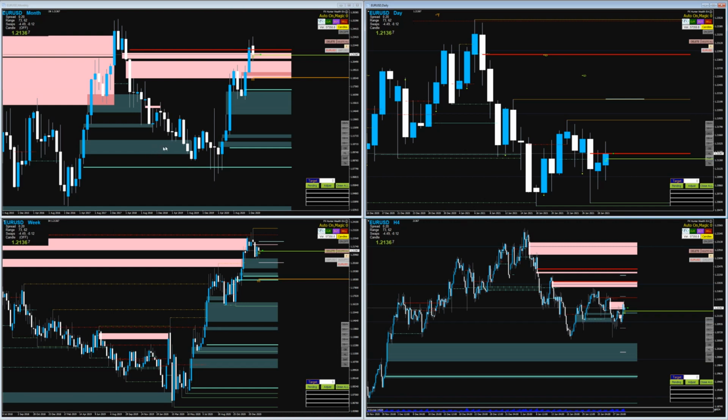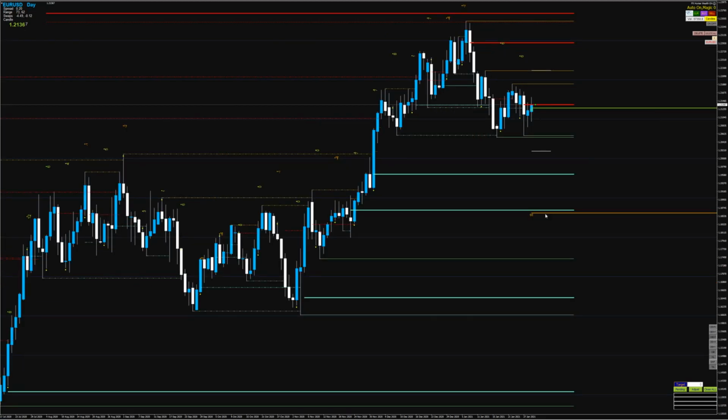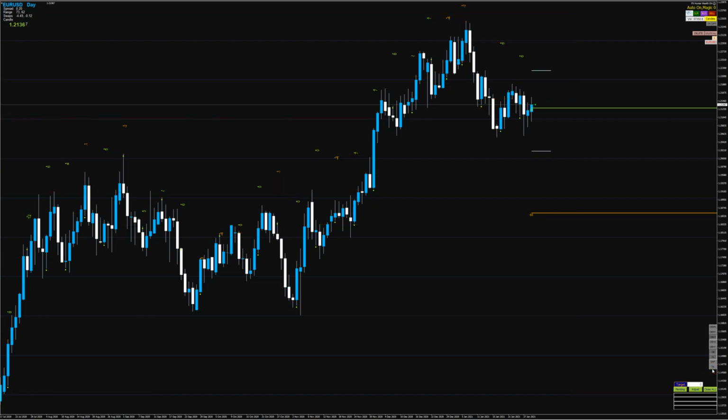On the right side we have the monthly, here we have the weekly, daily, and the 4 hours time frame, right? So in the sequence of these time frames we will be looking for the opportunities, but right now I want to start on the daily, and I want to show you something regarding the COT, which we have actually programmed for quite some time, but right now I will show you properly how it works.